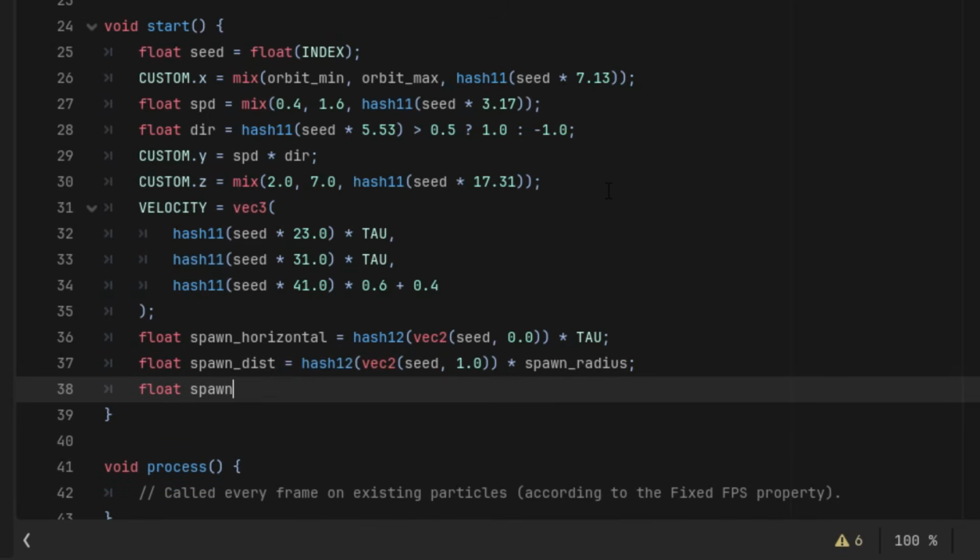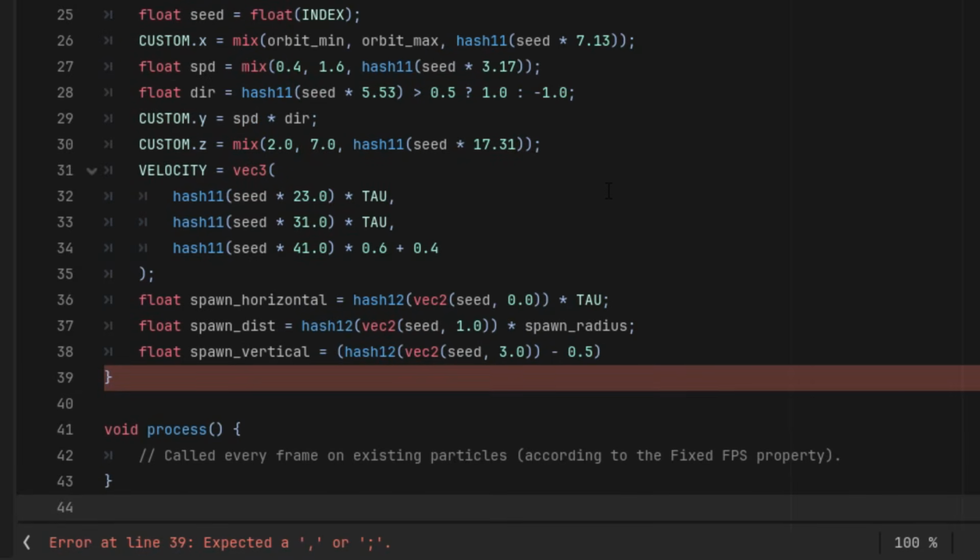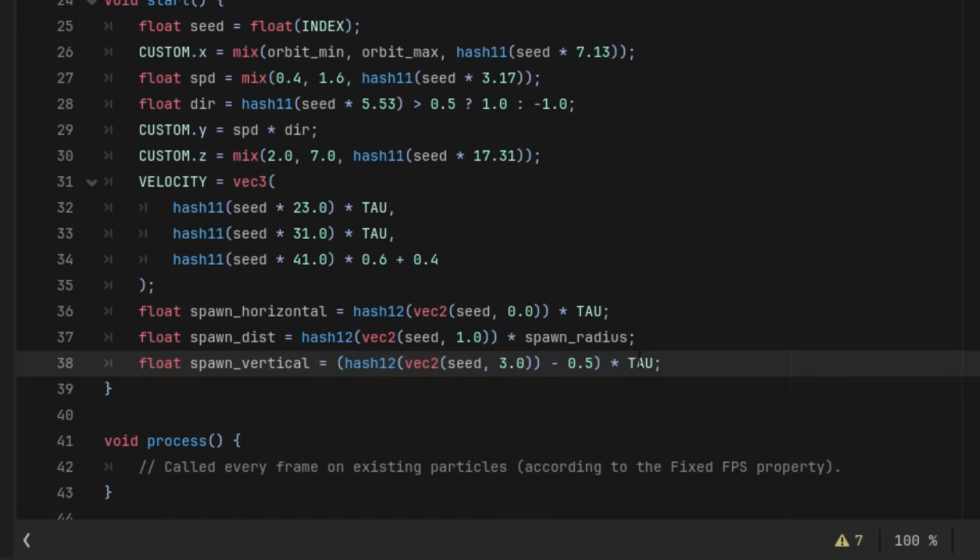So float spawn vertical equals, and open bracket, hash12 of vec2 seed and, for instance, 3, okay, minus 0.5 times tau. Let's imagine that as the latitude, right? Yeah, from the equator up and down, so from -0.5 to 0.5, and multiply by tau to follow